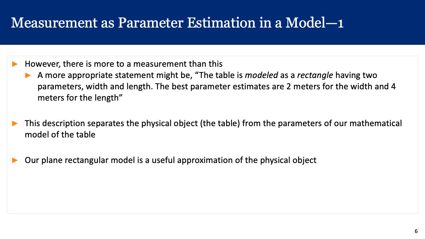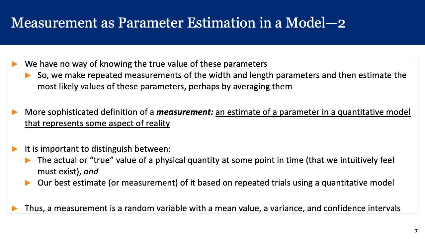And so our plain rectangular model is this idealized object, which is described by two parameters, length and width. And now we are estimating the parameters of this idealized object. And so our plain rectangular model is a useful approximation of the actual physical object. We have no way of knowing the true value of these parameters. We therefore make repeated measurements of width and length parameters and then estimate the most likely value of these parameters,